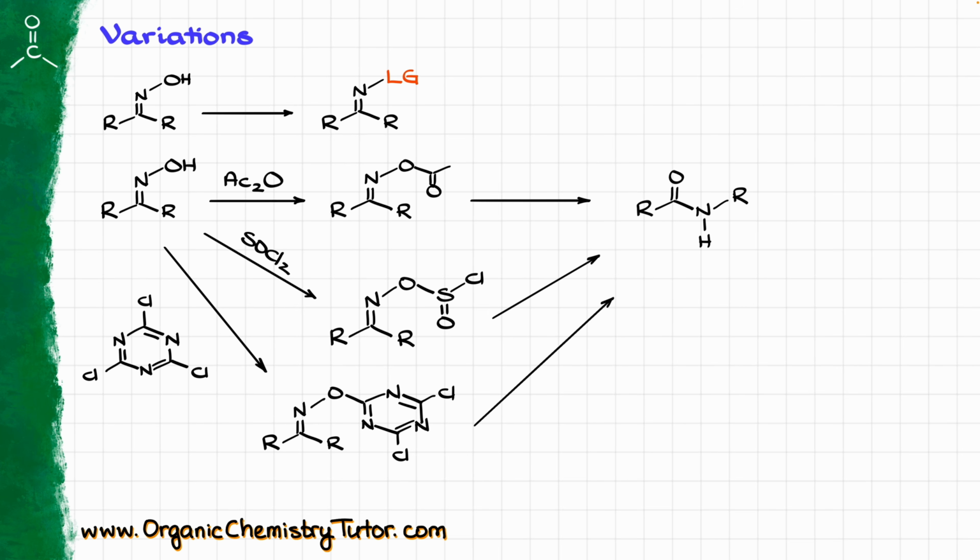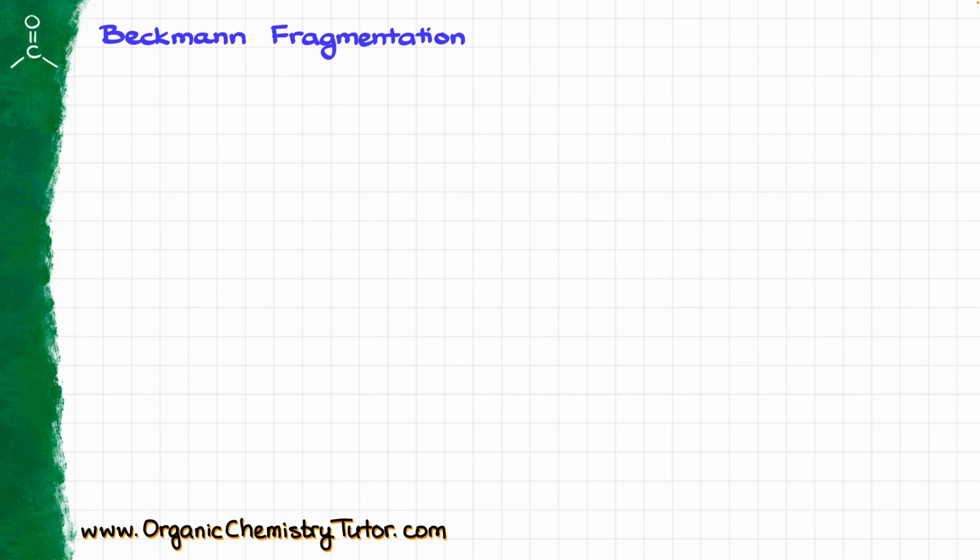Now, while the Beckmann rearrangement with all of its variations does tend to give pretty good yields, there is one significant complication with that reaction, and that is Beckmann fragmentation. Let's say we have this starting material where I'm starting with the oxime and I have the methoxy group that is next to our C=N double bond. If I took this molecule and I subjected it to the Beckmann rearrangement conditions, like let's say sulfuric acid and heat, or I converted our OH into a good leaving group using one of the alternative methods, then once I get our leaving group,